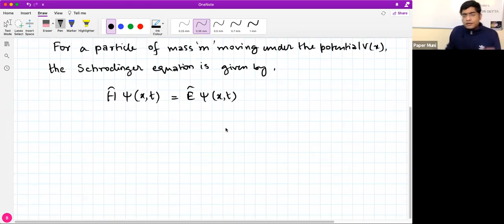Now this is the equation which Schrodinger came up with, and even Feynman asked where it came from. He said that this was all from Schrodinger's brain. In some books you might find that they take the wave function to be psi naught e to the power i(kx minus omega t), and then they prove RHS is equal to LHS. That is not a proof. That is not what I call a proof.